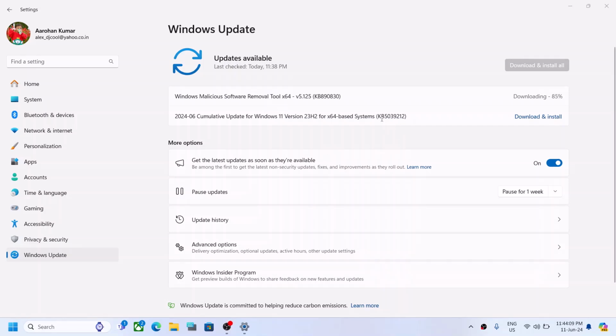Today in this video I'm going to show you how to fix when you're unable to install this update, that is KB5039212. So if you're unable to install this update on your Windows 11 computer, then please follow the steps shown